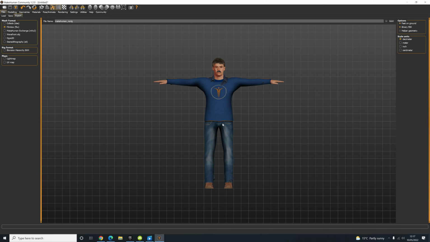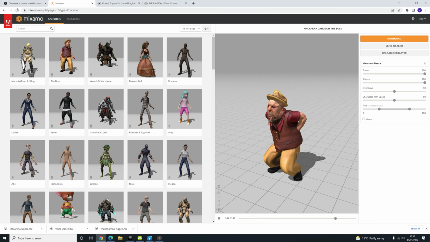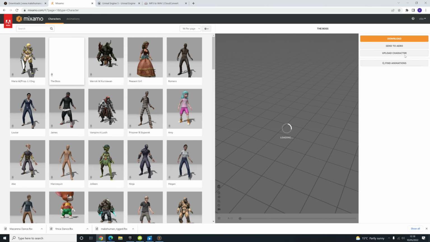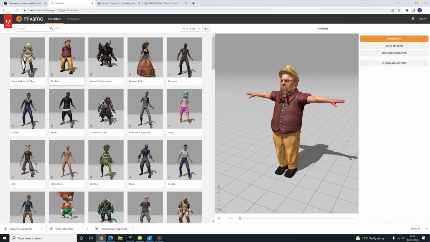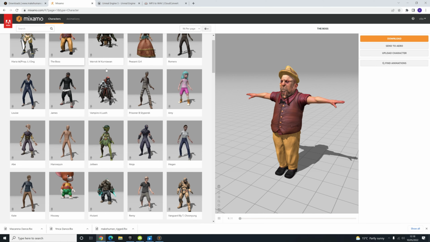Now we could give him a skeleton here, but I'm going to show you how to do it in Mixamo because it'll be better for later on when we go into Unreal. So let's go to Mixamo. I'm going to refresh my screen. And I'm going to click on characters. And there's a lot of preset characters in here already, but we're creating our own. So this is what we want to do. We want to click on